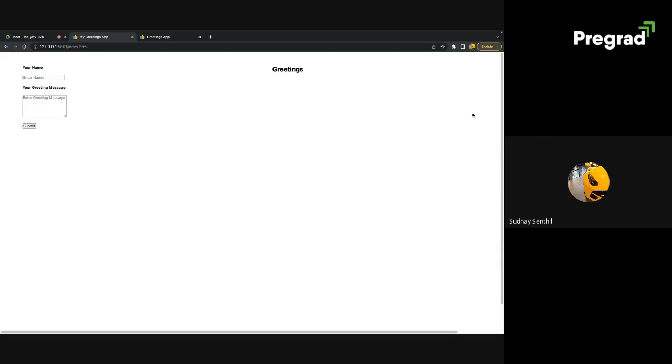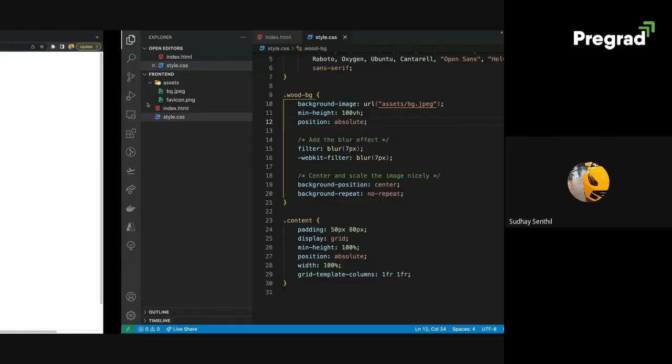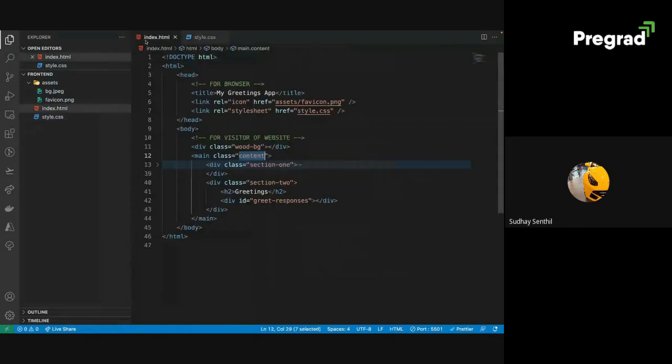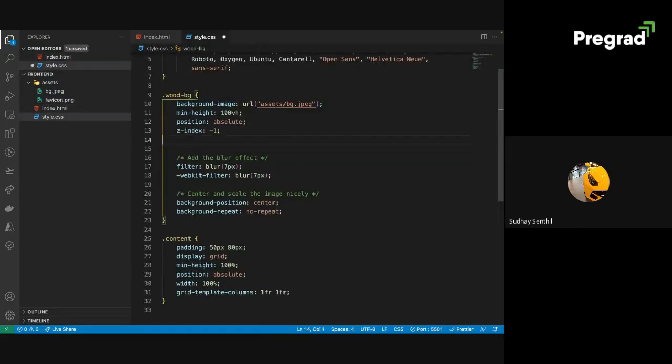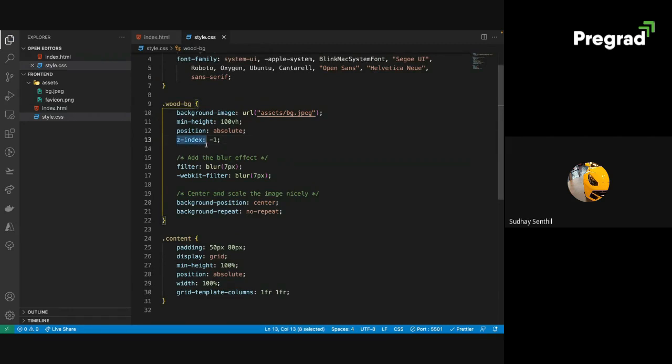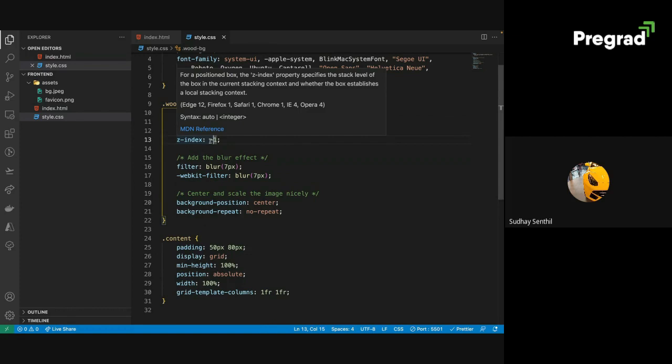Okay, so we need to fix that. How do we do that? We have to set something called the z-index value. Z-index is like the z-axis. So in 3D you have 3 axes, right? X-axis, y-axis, and z-axis. If I call z-index as -1, I'm telling, I told you there are 2 chart papers,